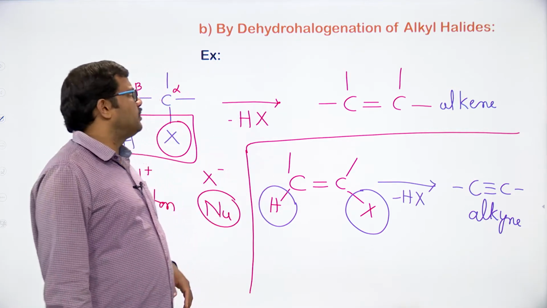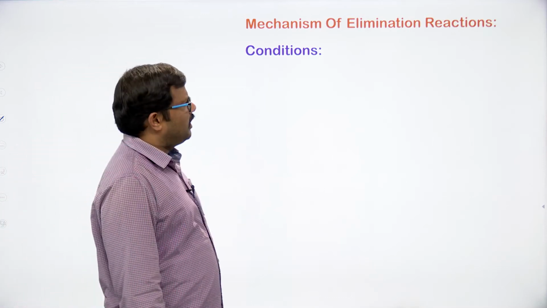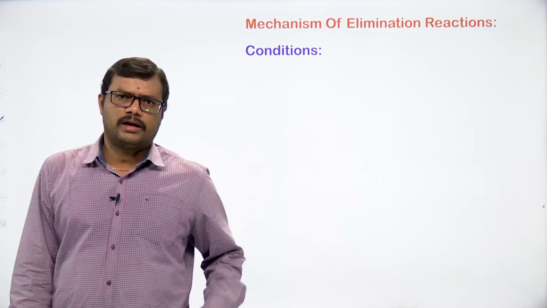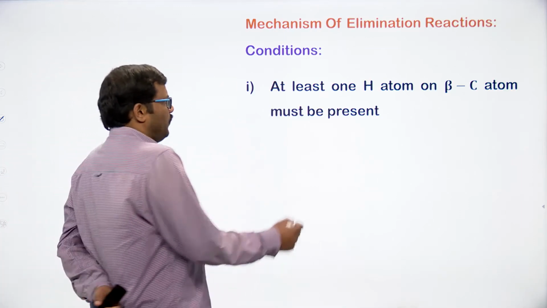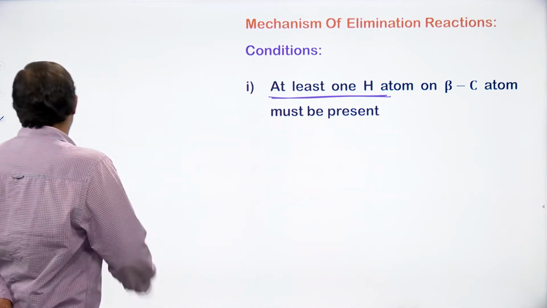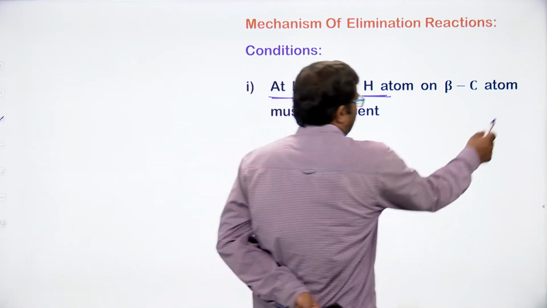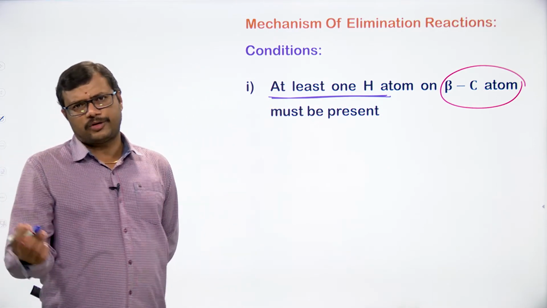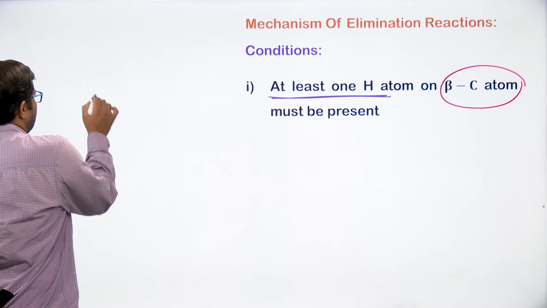So, beta elimination reactions are very, very important. When we expect elimination reactions to take place, what are the conditions that are required for the elimination reaction? First and foremost, at least one hydrogen atom on the beta carbon must be present, otherwise we cannot expect any elimination reaction. For example, in the previous case,